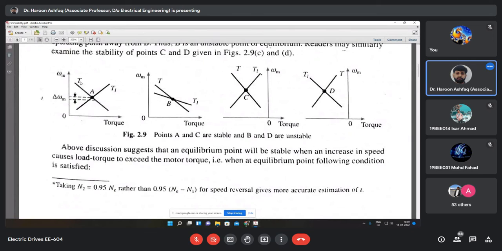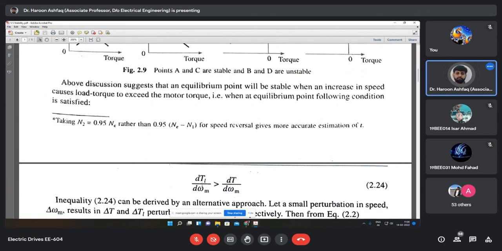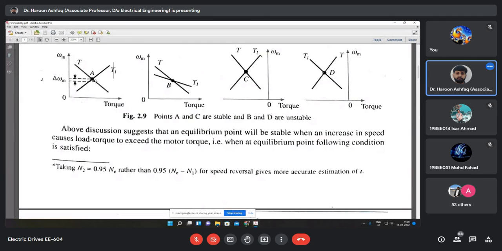अब इसमें मोटर टॉर्क जो है आपके पास नेगेटिव है, इसका मोटर स्पीड टॉर्क कर्व का स्लोप, और TL का dTL अपॉन d omega पॉजिटिव है। ये पॉजिटिव है, ये नेगेटिव है, इसका मतलब TL वाला स्लोप ज़्यादा है, इसका मतलब ये इक्वेशन सेटिस्फाई हो रही है और A is stable. यहाँ पे क्या देखेंगे, T नेगेटिव है और TL भी नेगेटिव है।